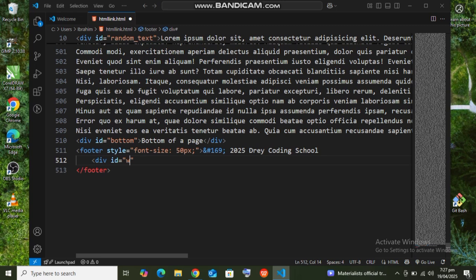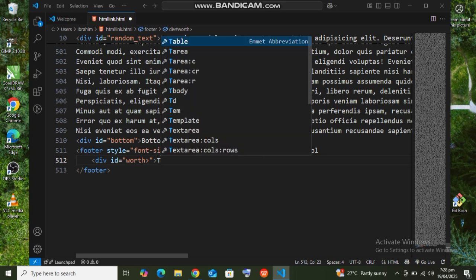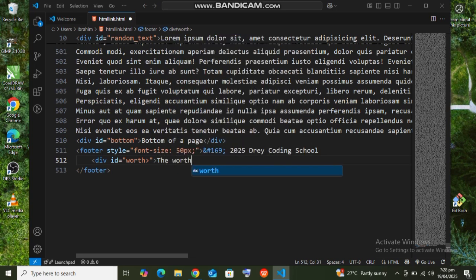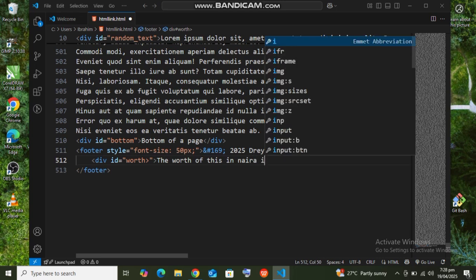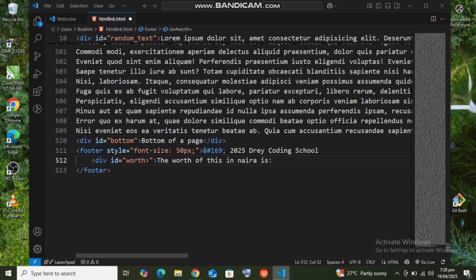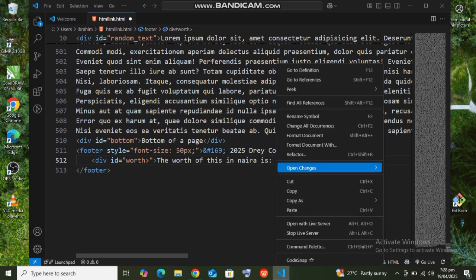Let's create another div called, say, worth. Div ID, we want to create the worth. Maybe let's specify the worth of this website, just for the sake of an example here. Yes, you are just specifying this for learning purposes, nothing serious. So let's give it the worth. The worth of this site in Naira